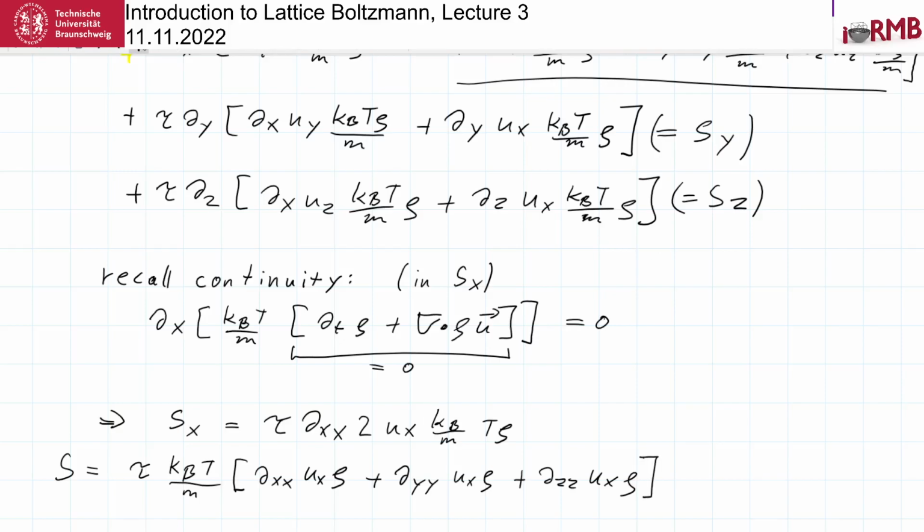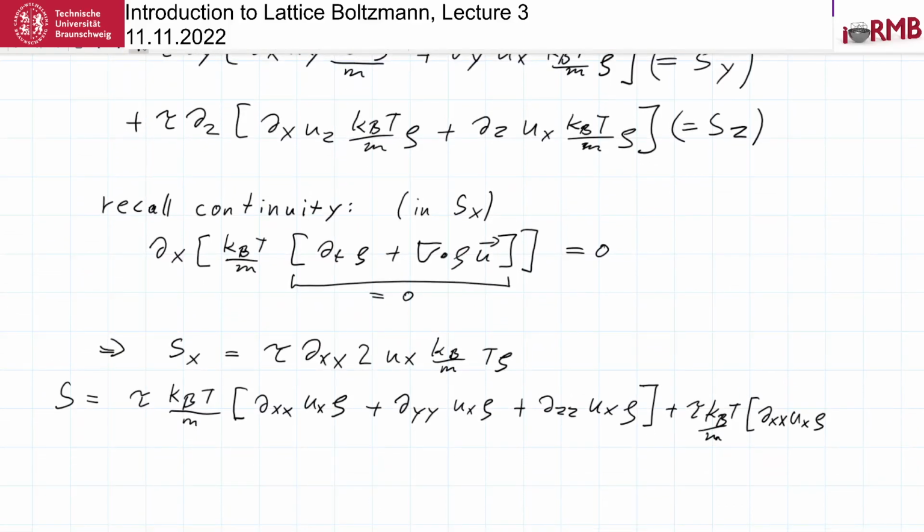Okay, now I have to add everything that is still missing, and the first thing missing is this guy, because we took only half of it. So now we have to add the other half, tau k Boltzmann T divided by m. So the other half of it is of course the same thing, dxx ux rho. And now we have to take the guys, this guy and this guy, who were previously missing